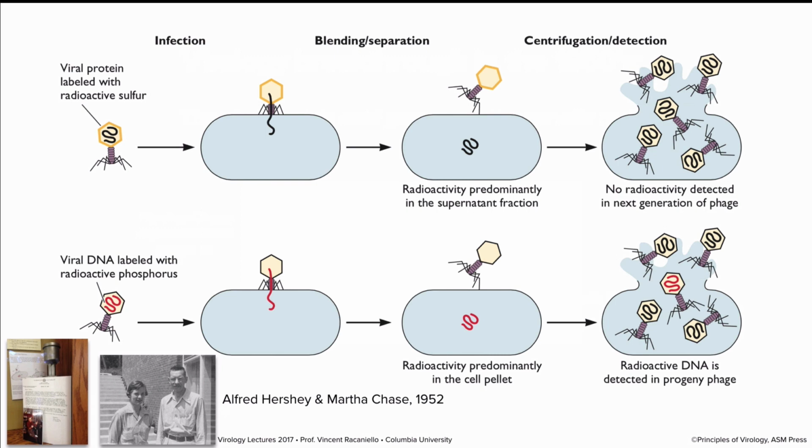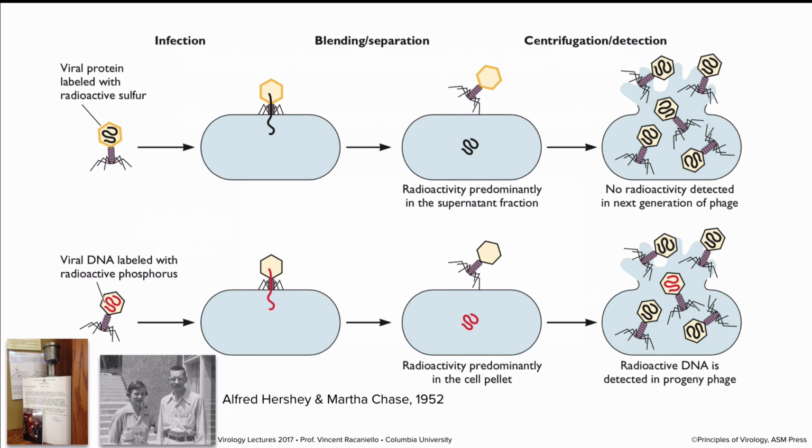It's like a little museum to the famous kitchen blender experiment. Really cheap piece of equipment that you can do amazing things with. All right, so that is when you radioactively label the protein. If you radioactively label the nucleic acid, you do the same experiment. You allow the phage to absorb, inject its nucleic acid. Of course, now we know it's injecting its nucleic acid, but at the time we didn't.